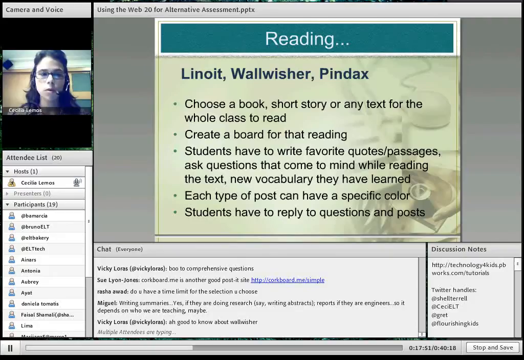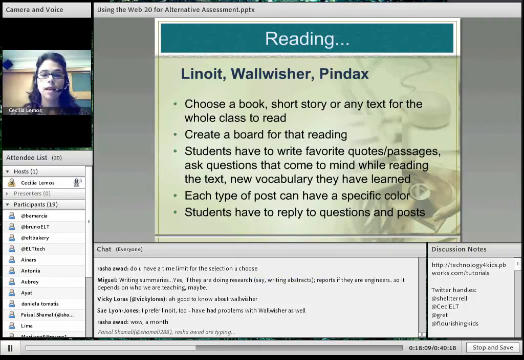I create a board for that reading, and I say, okay, you have to have finished the book by a month from now. And so I create a board for that reading, and students